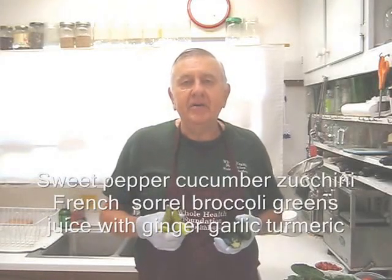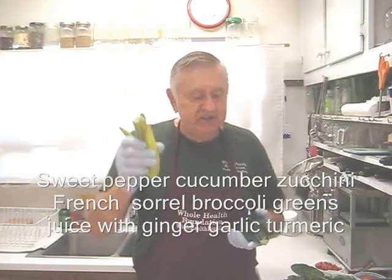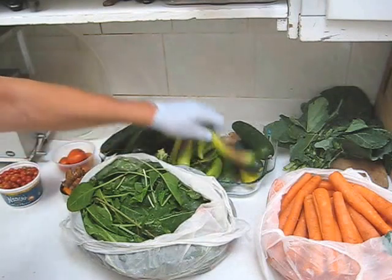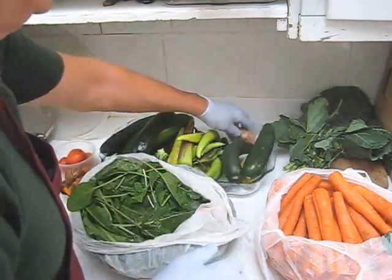Today I'm making another garden harvest juice with sweet Anaheim peppers, some zucchini, cucumbers, and a number of other ingredients. Let's look at the rest of my ingredients. Well my friends, as you can see, I have my sweet Anaheim peppers here, cucumbers, about 4 or 5 cucumbers,